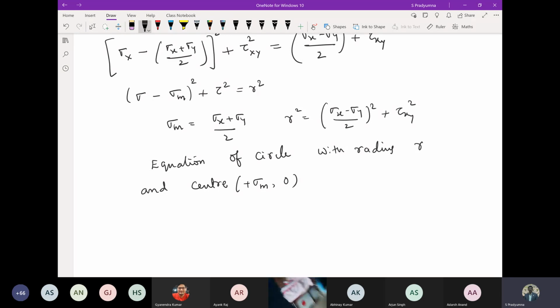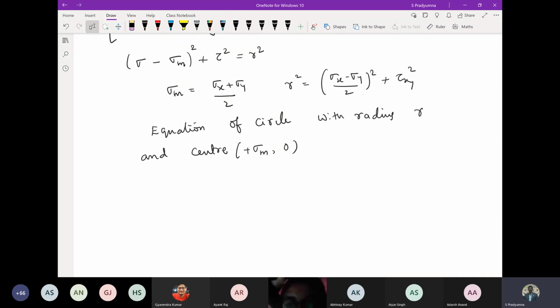So we consider in the circle, the ordinate of the point on the circle is the shearing stress, that is tau capital XY, and the abscissa, that is the horizontal axis, is the normal stress. So this circle, what we can construct from this is what we call the circle of stress, right? It is called a circle of stress, or we also call it using the name of the researcher who has suggested this kind of geometrical interpretation of the stresses.